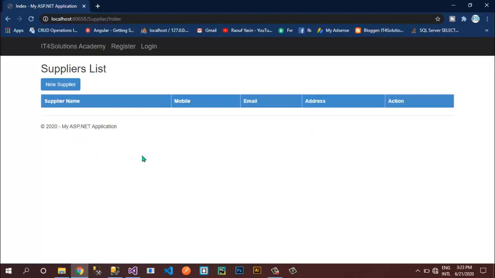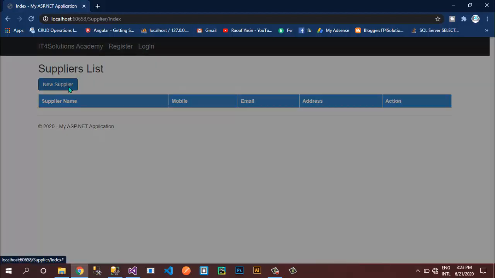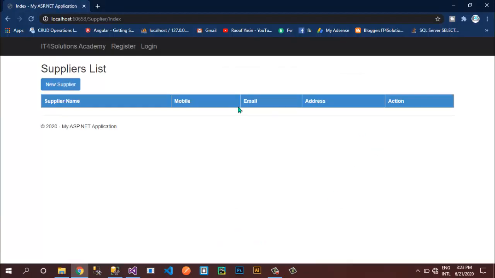So this is how you can use a Bootstrap modal for performing the insert operation and for asking a confirmation box before the delete operation, so that the user can make sure he for sure wants to delete our supplier or any record. So you can reuse this code for all of your existing or new tables, so that it will improve the look and feel of your application.